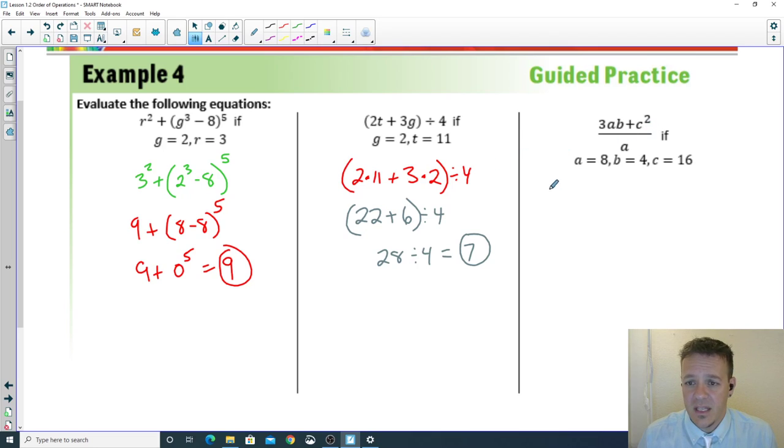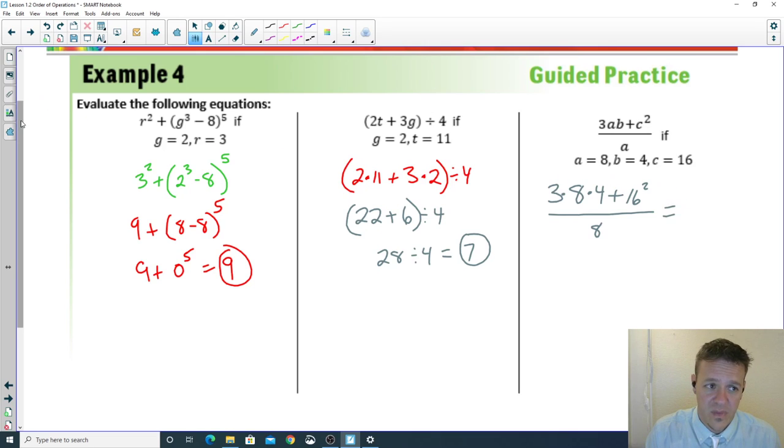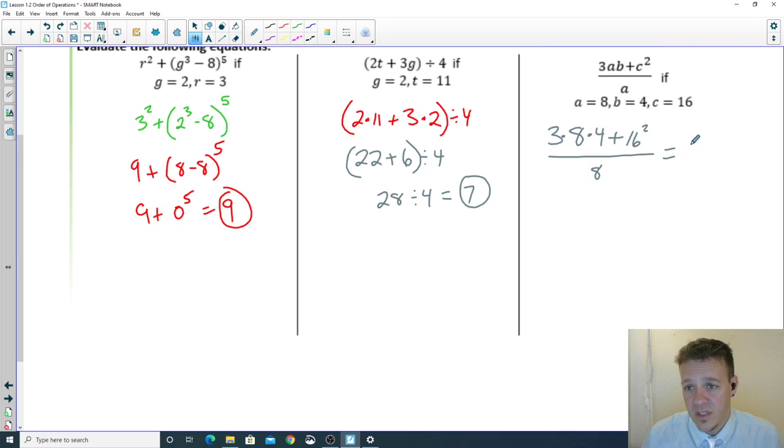All right, last but certainly not least, 3 times a, which is 8, times b, which is 4, plus c squared, right, which would be 16 squared. And that's all divided by a, which would be 8. I definitely need a calculator for this one, okay, because I personally don't know what these numbers are, but if